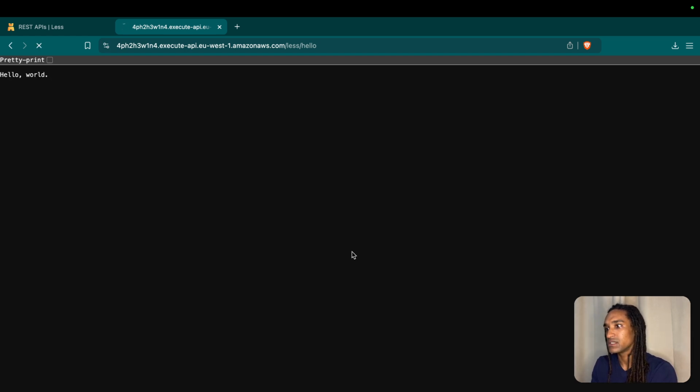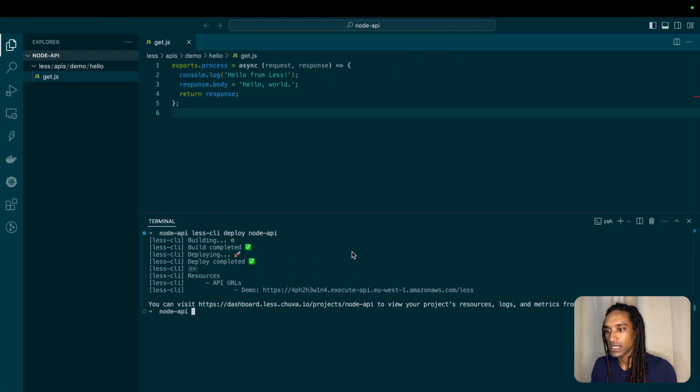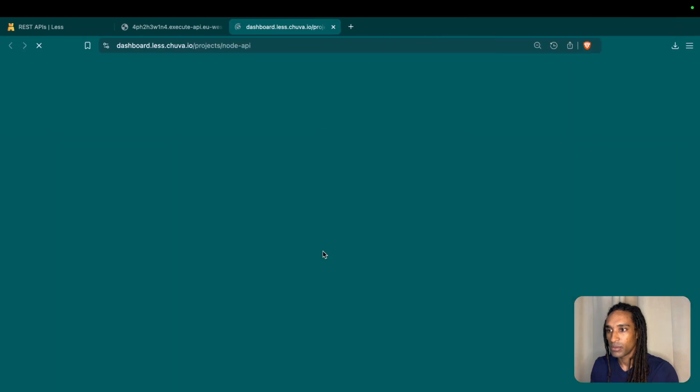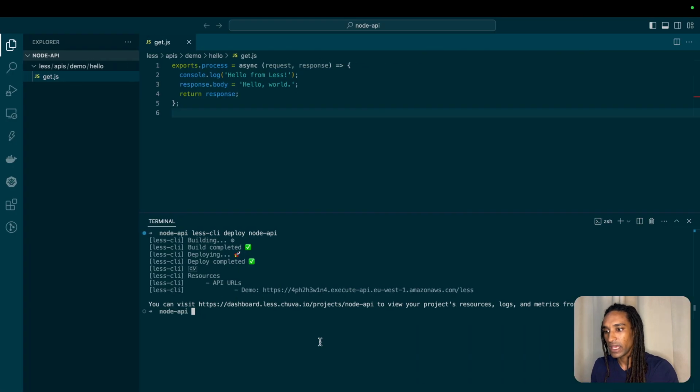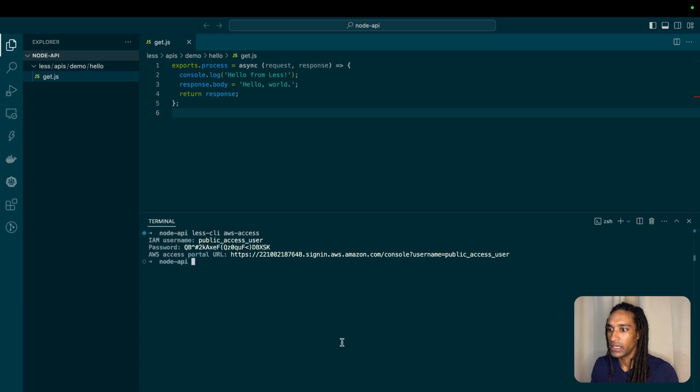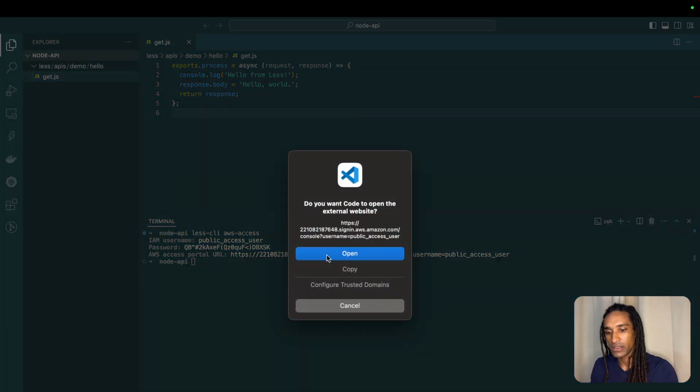Reload it a couple times, let it hit that a couple more times, and then what I can do is visit the less dashboard so I can check out my project. So I'll pull that up, and I can also say less CLI AWS access if I want to look at it directly in the AWS portal. So let me copy this, navigate here, take me to the AWS console,